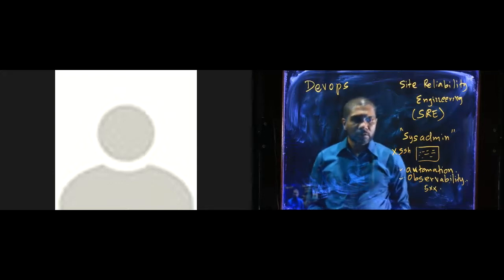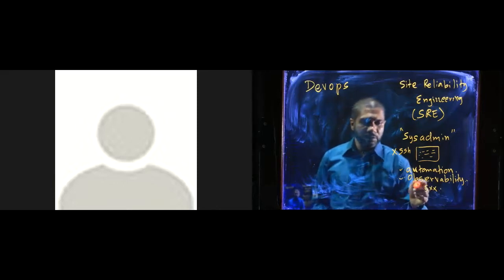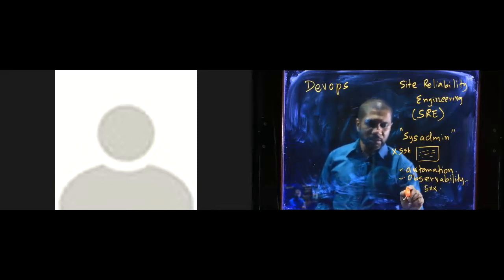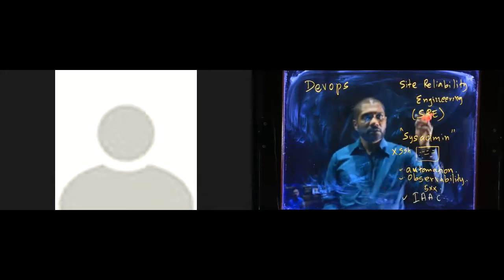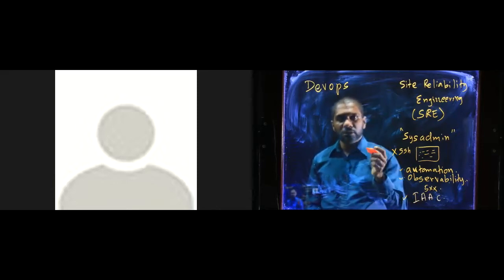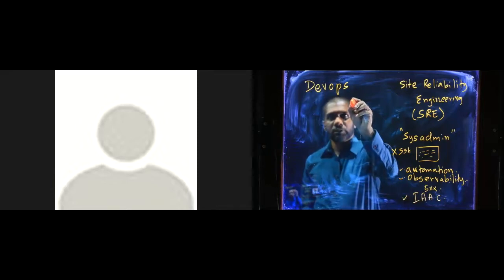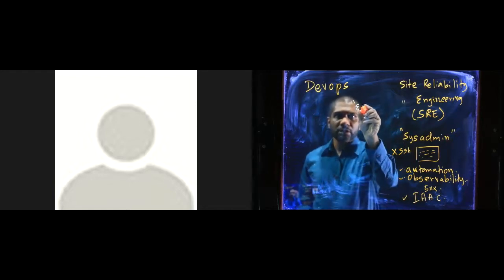And so these are the technical side of things. They're relying on things like automation, observability, and the DevOps guys do pretty much the same thing on this side. They are not going to manage things by hand, but rely more on automation and so on. I will talk about some other things like infrastructure as code later on in the presentation. So this is the technical side. On the cultural side, the SREs also invented certain things, especially at Google, and they put it under the phrase eliminate toil.